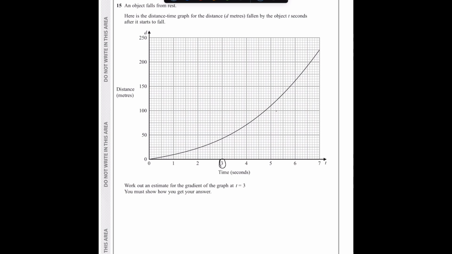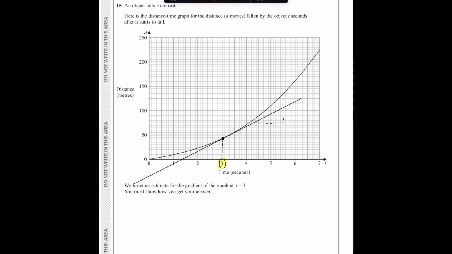So in this case, the first thing we need to do, as I've done here, is to actually highlight where t is equal to 3 actually is. And from here, draw a dotted line up to where it meets our line. And what we need to do here is draw a straight line that only goes through that particular point. So try your best to only draw a straight line where it crosses or touches the line at t is equal to 3. And then with that in mind, if we have a closer look at our line,